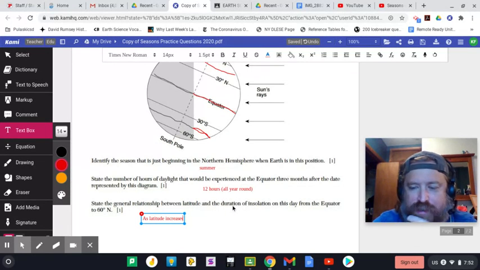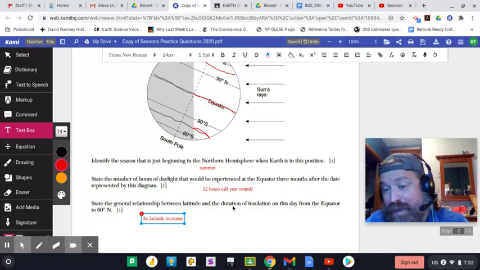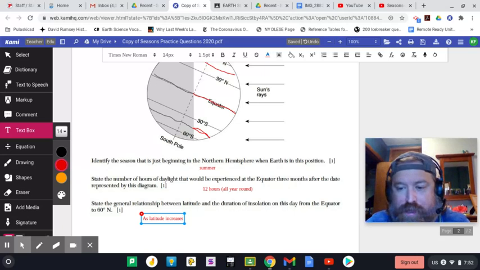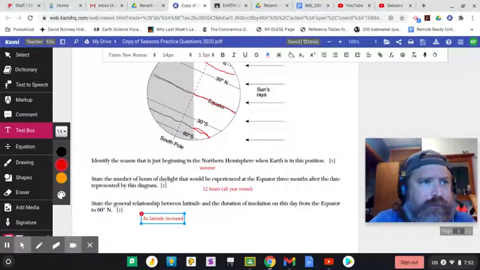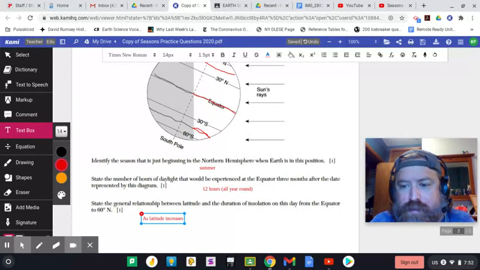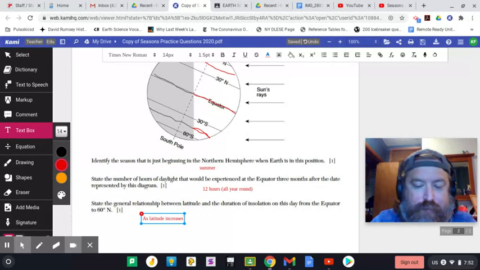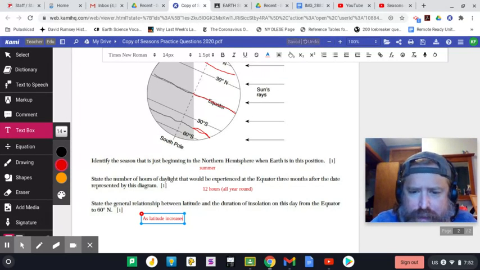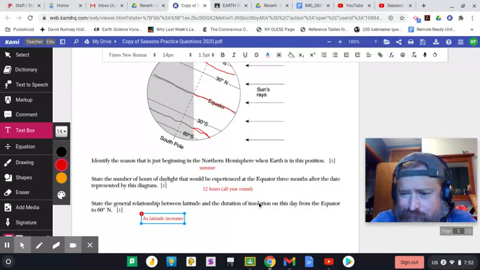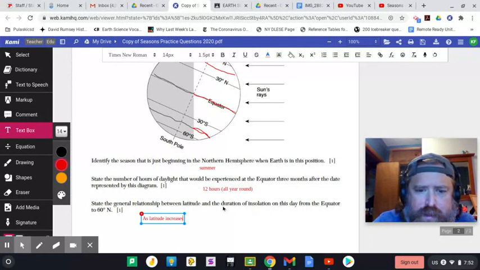The duration, sometimes people don't know what that means. Duration is the amount of time something takes. The duration of a period at Alaska is like, what are they, 41 minutes? Something like that. The duration of a football game is 15-minute quarters, right? 4 15-minute quarters. It's how long something takes. So the duration or amount of time that the sun is in the sky, basically, insolation, incoming solar radiation, sunlight,